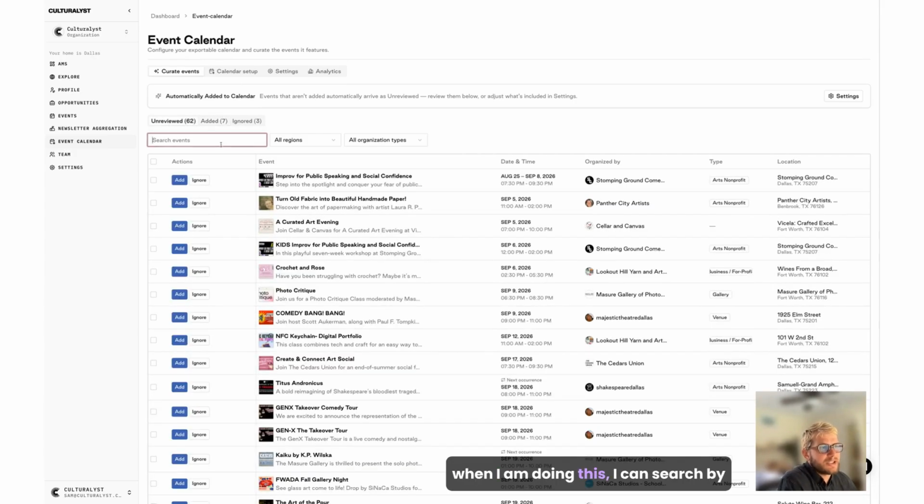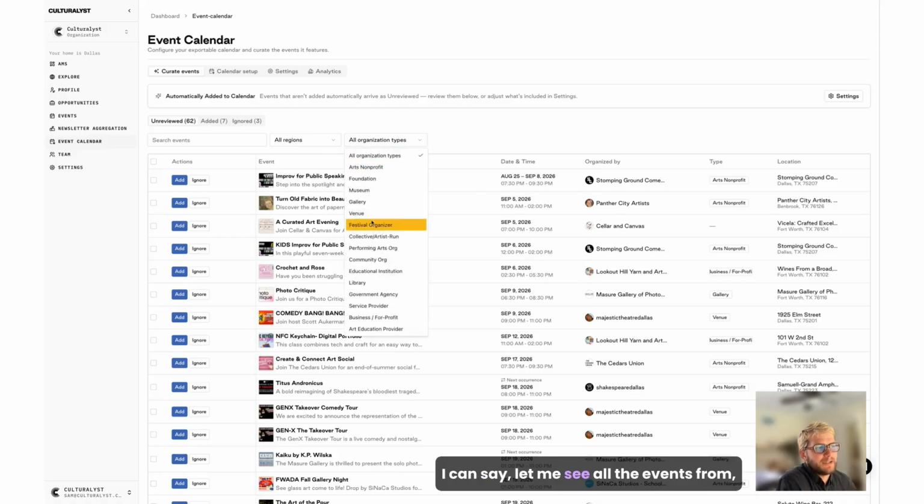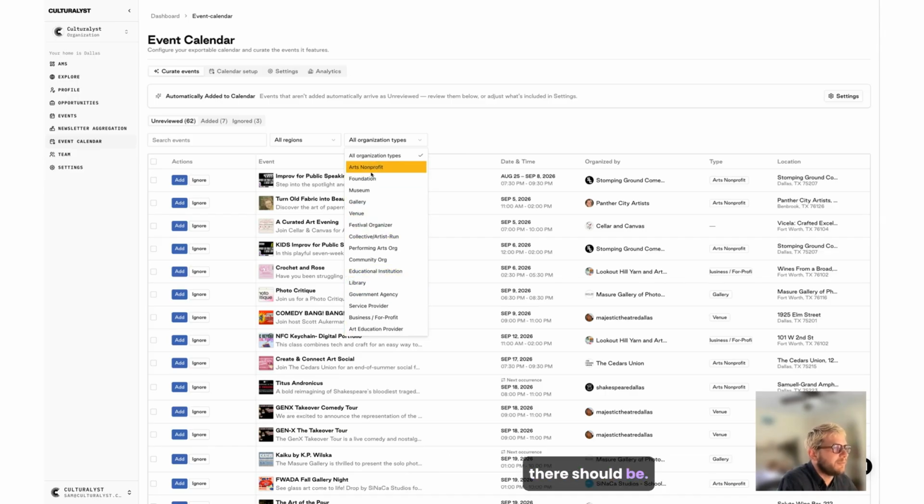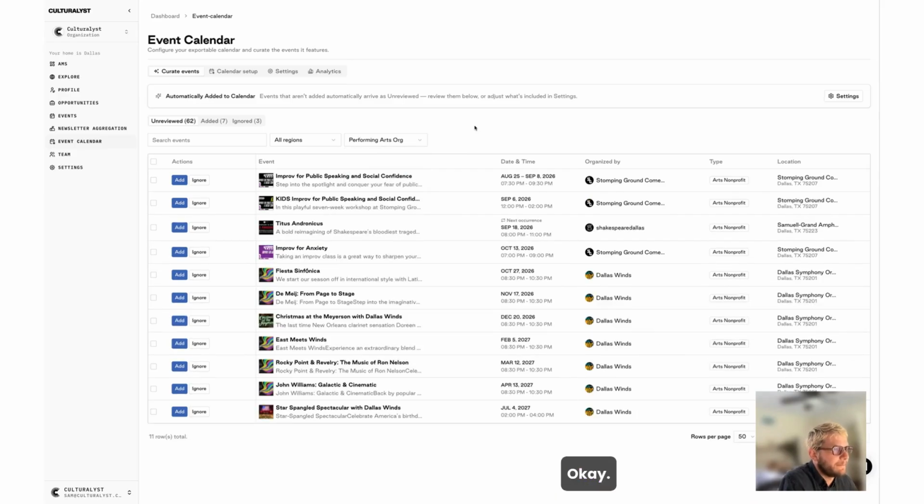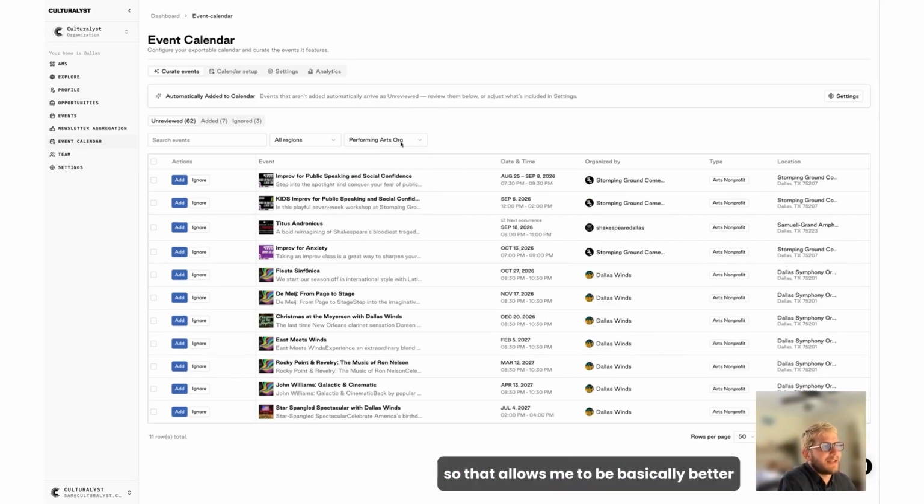When I am doing this, I can search by event title. I can only look at events in a certain region. I can say, let me see all the events from a theater. Where do we have theater? Is there theater here? There should be theater. Okay, well, if there's not theater here, there should be. Performing arts org. Okay. So that allows me to better filter and better understand what's there as I'm